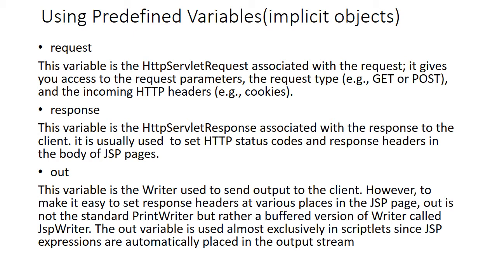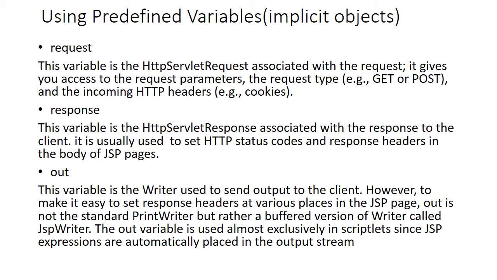The first is request. As we have a web application, naturally we have a request and response, request from the client, response from the server. Now request is an implicit object which is available to you. I am calling it an object now, because these all are objects. Now when I say object, naturally they are an object of a particular class. So let us find out which class it is. Request is an object of HttpServletRequest. It is naturally provided to process the client request.